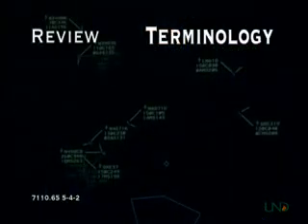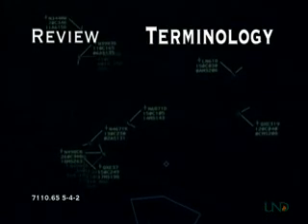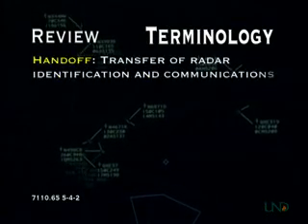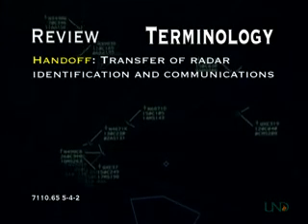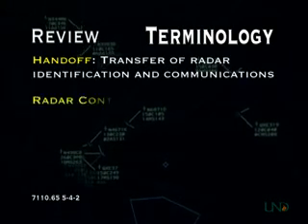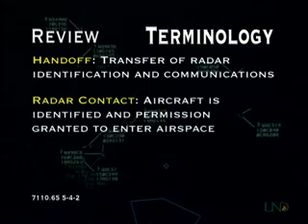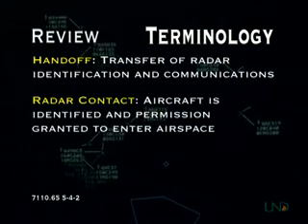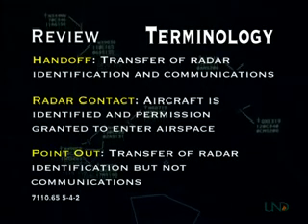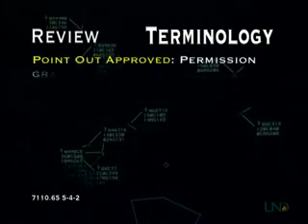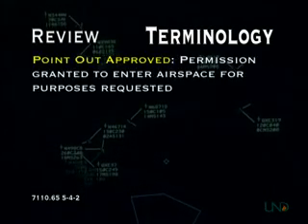Now for a quick review. There are 6 terms associated with the transfer of radar identification. They are handoff, which is a transfer of radar identification and radio communications; radar contact, which means that the receiving controller has identified the aircraft and granted permission for it to enter his or her airspace; point out, which is a transfer of radar identification but not radio communications; point out approved, which is permission from the receiving controller to